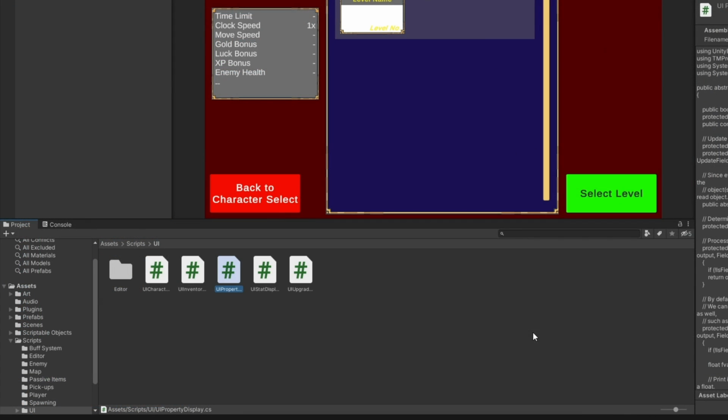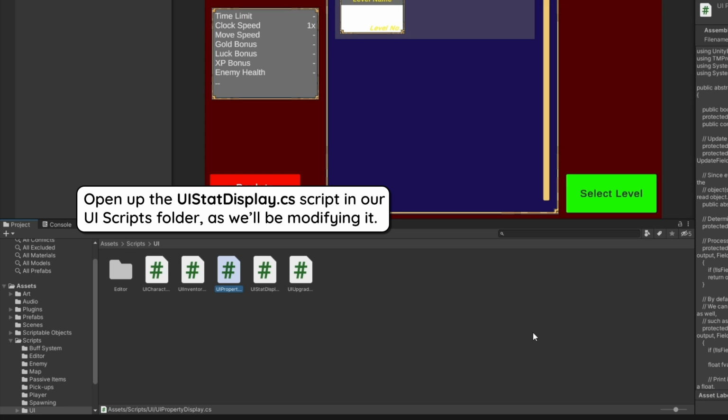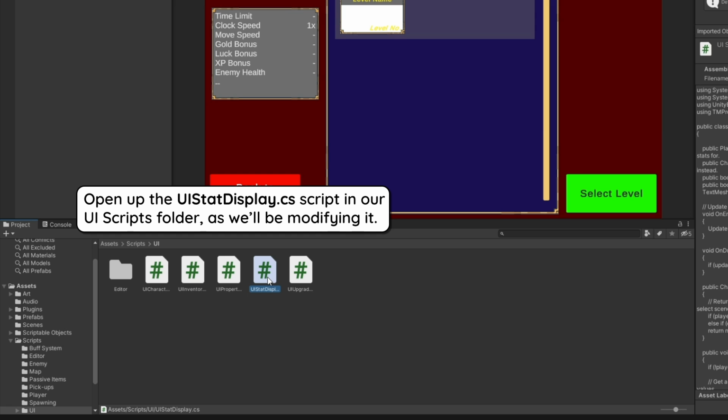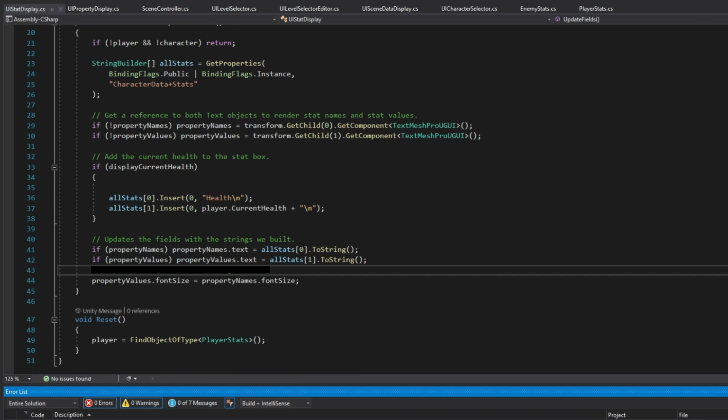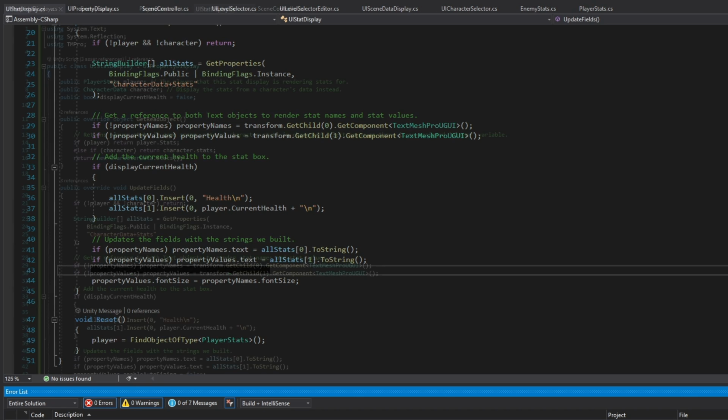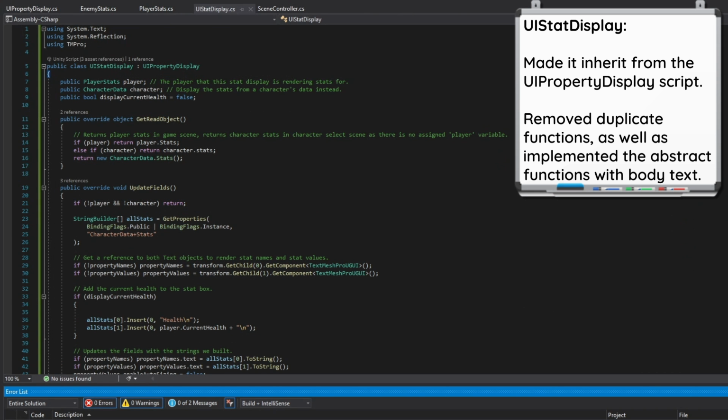After creating our UIPropertyDisplay, we'll head back to our scripts UI folder and open up the UIStatDisplay script to make some modifications. We've mainly just removed functions that already exist in the inherited UIPropertyDisplay script, as well as implemented the abstract functions